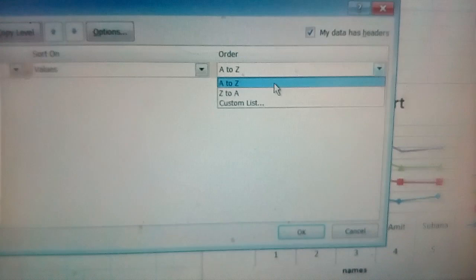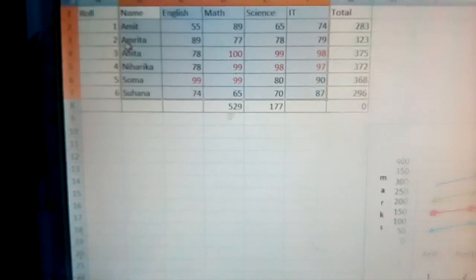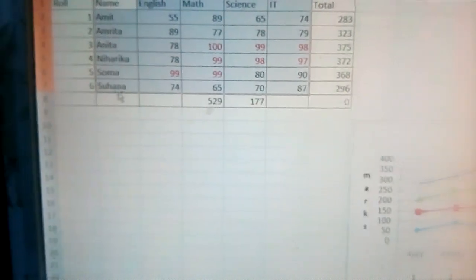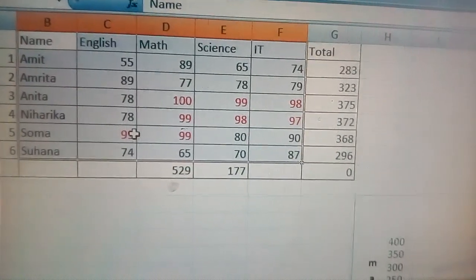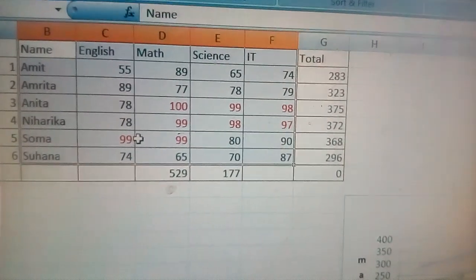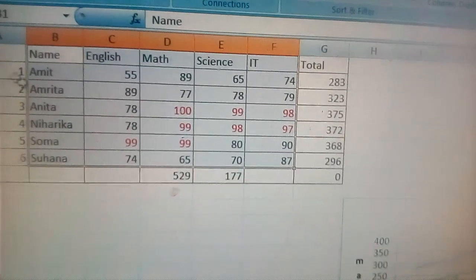Suppose I want A to Z, so select that and click on OK. You can see over here first A, then N, then S, then S. So this is A to Z sorting, meaning ascending order.